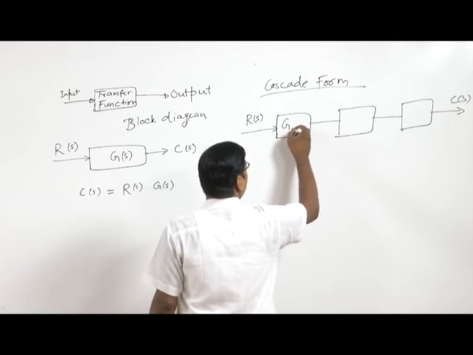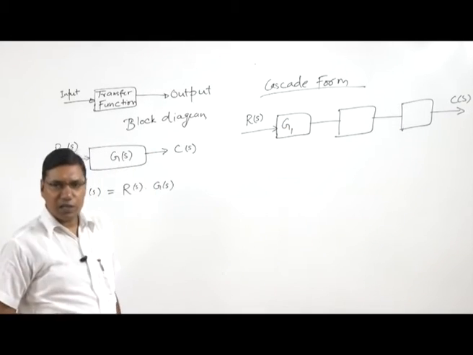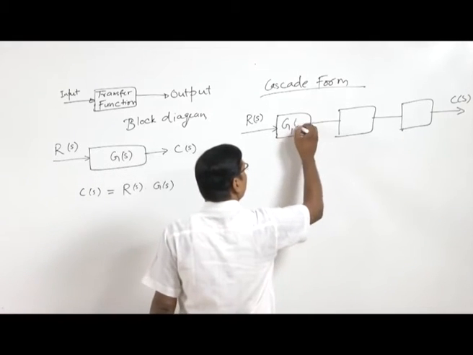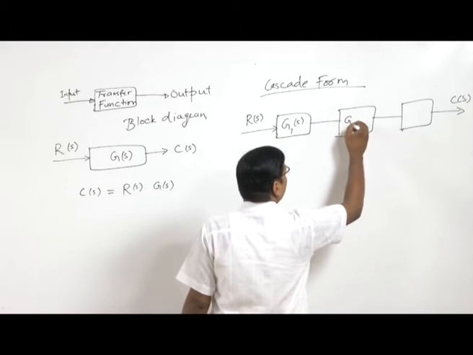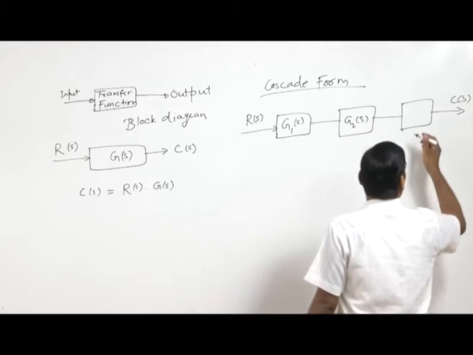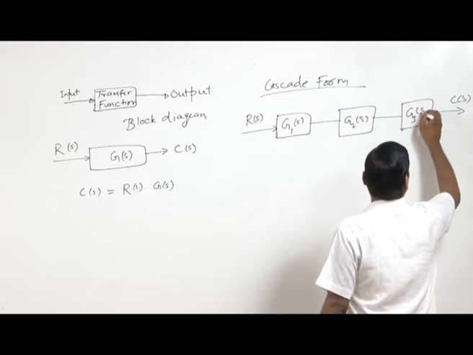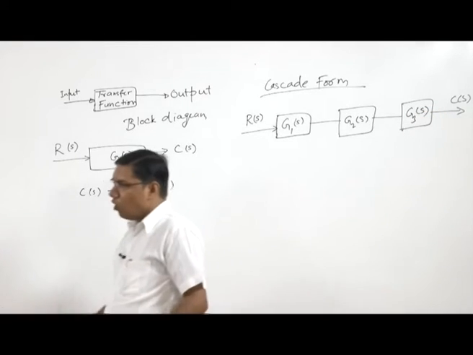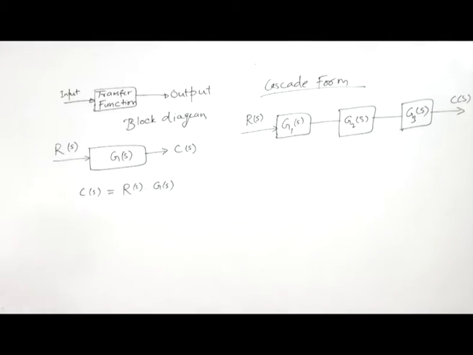This block has a transfer function G1(s), this has G2(s), and this has G3(s). Now we want to know, if there are three blocks in series, what will be the